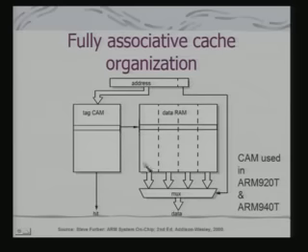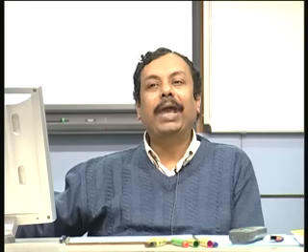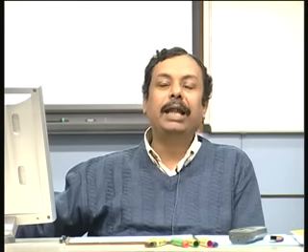Address of the location in the cache which contains the data of this location. So now it becomes fully associative. We can see what was the reason for going into n-way set associative. We are trying to approximate the requirement that I would like to map any memory location to any free location in the cache. That is my target.